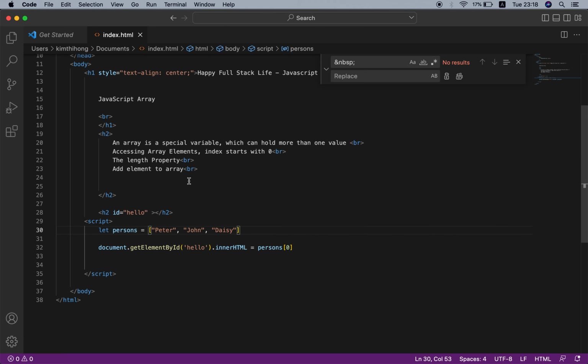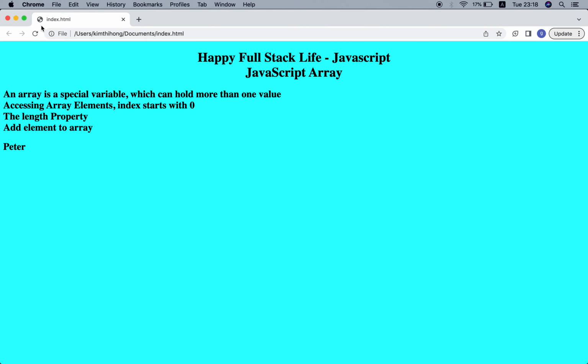And if we would like to access the third element, the third element should be index 2. Save and check.